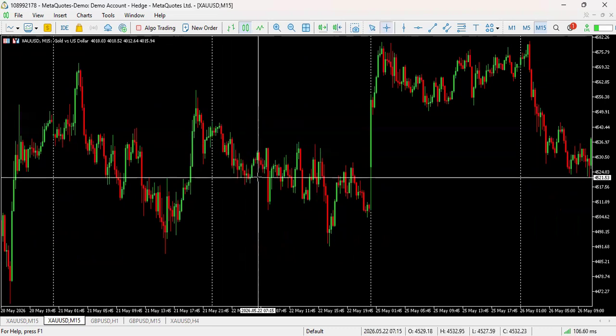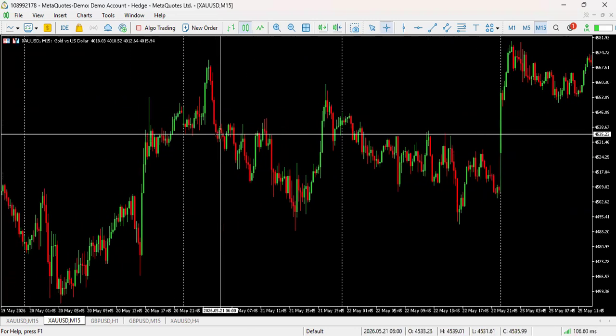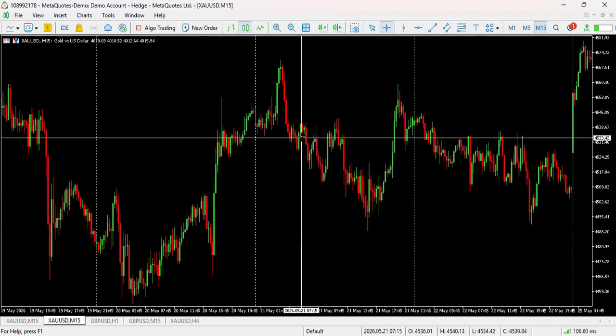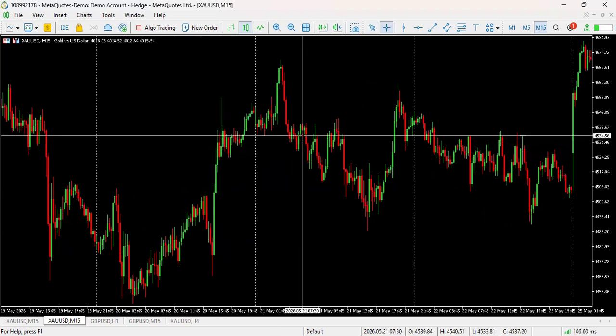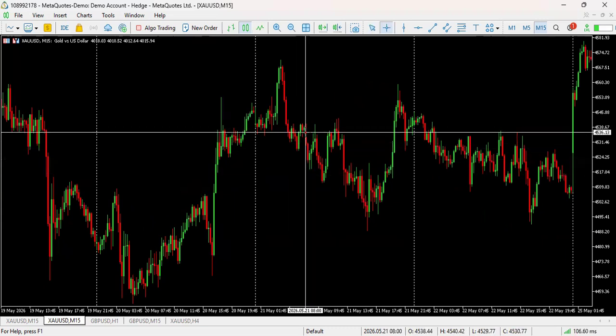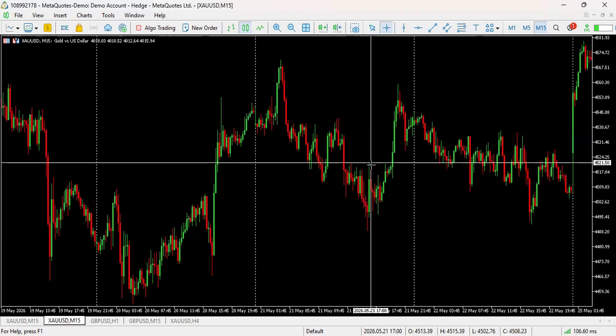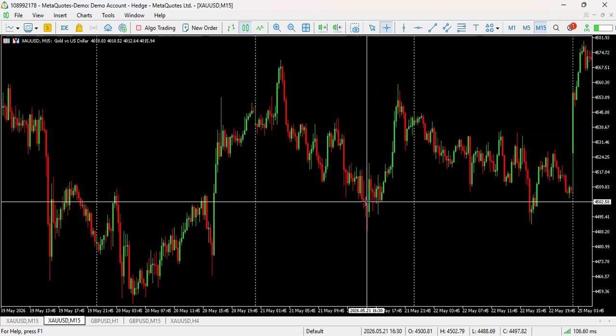If you can't see what the teacher is saying, it's hard for you to understand when you have to do this visually. You got to know how to see it. If you can't see it, it doesn't matter what you know. You won't be able to identify it. Got the cavity to the downside. That means if price pulls back into this area, I'll need to be selling. I do that. Cavity to the upside. If price pulls back into this area, I need to be buying. I do that.